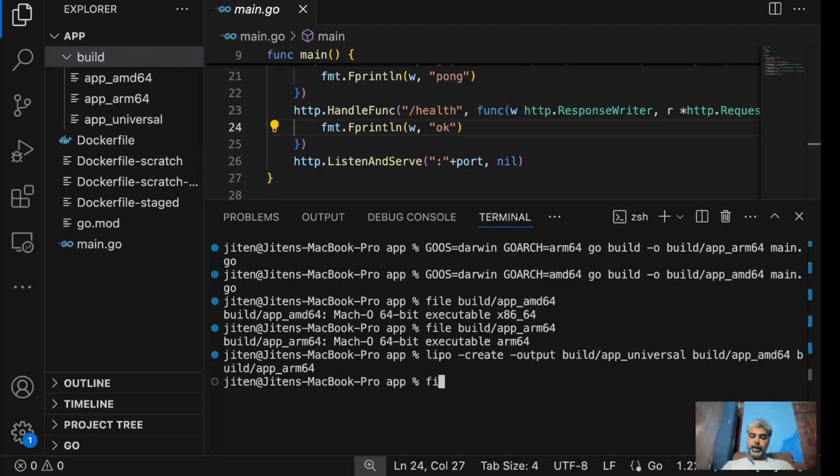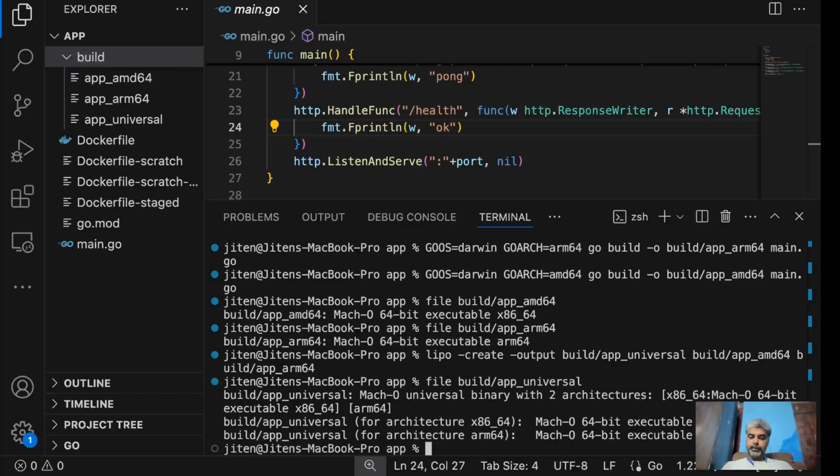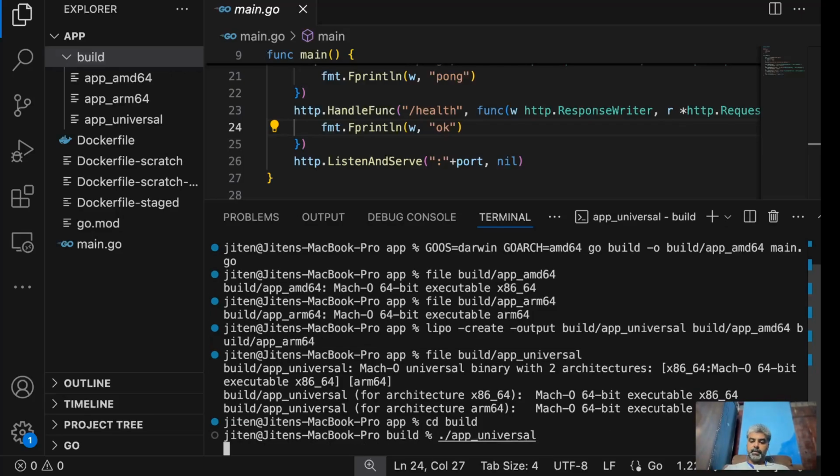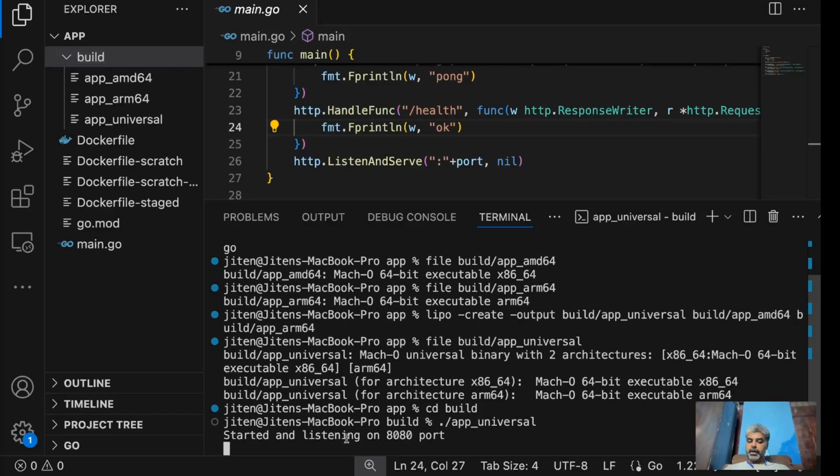When I open it, file build app universal, you can see that this is a universal binary. It runs on both MacBooks. Let's say I would like to run the application, cd build, app universal. The application starts running, even though